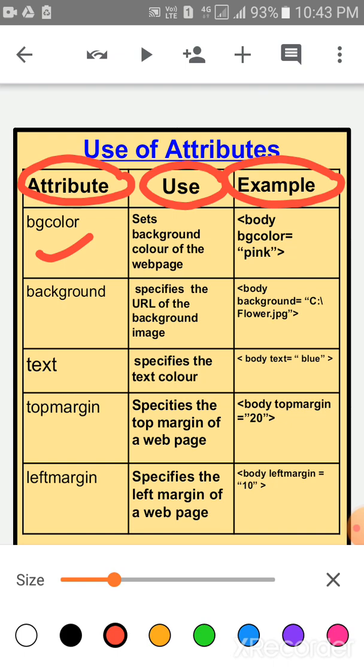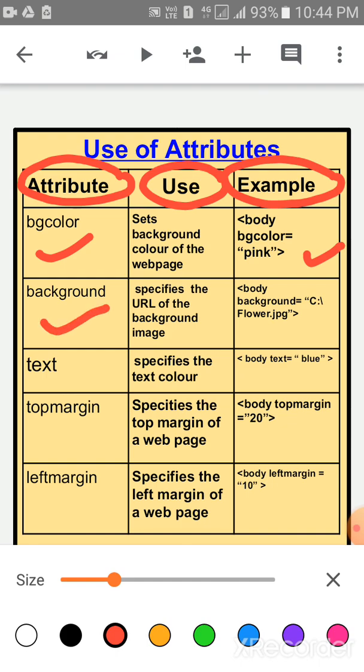Children, BG color is used for the background color of the web page. The syntax is, body space BG color is equal to, within quotes you write down the color name. Suppose I give pink color here, and then close the tag.